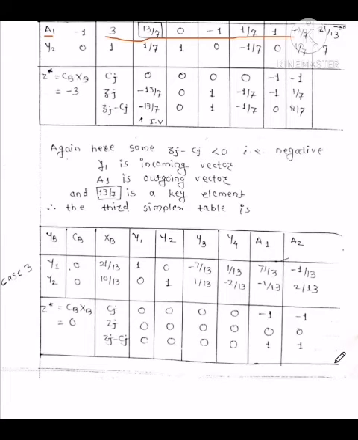Okay, so in the two-phase method, there are three cases. Out of these three cases, here case number three is applied. So what is the third case? Zj minus cj greater than or equal to 0 and maximum z star equal to 0, and no artificial variable present in the basis. In this way, we will obtain the optimum solution. So then go to the phase 2 method.